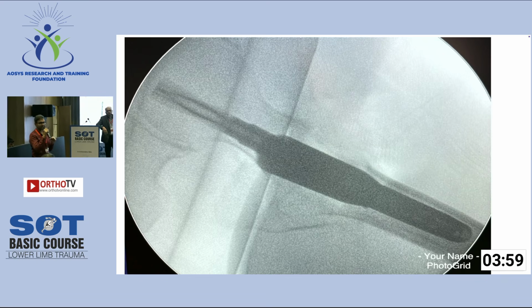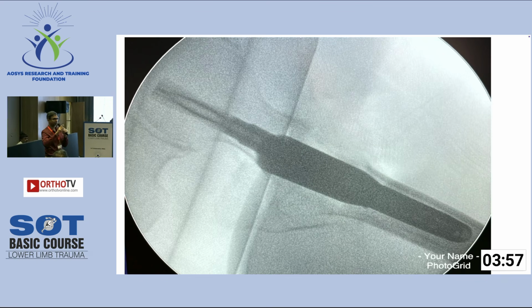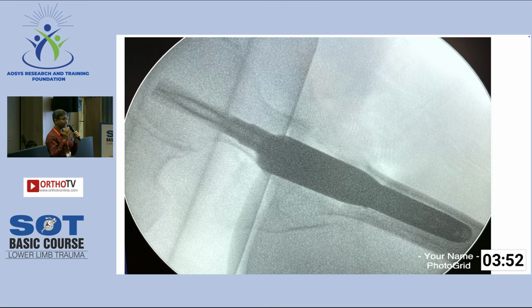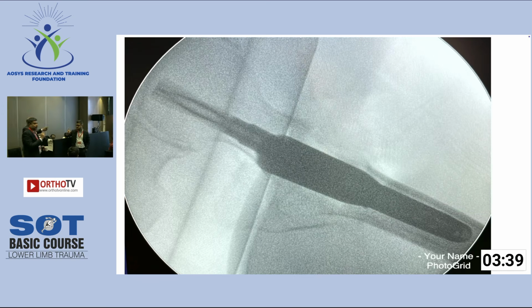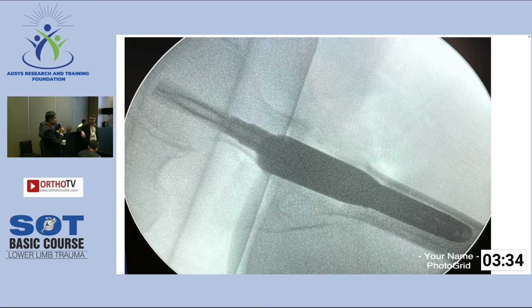The rotational stability also matters. When you are putting the screw, if the fracture is rotationally unstable, like a basicervical, better to put a helical blade because that will not have a rotational torque on the proximal fragment. What Melin is trying to tell is that when you tighten the screws, the reduction can slip. That was the main thing. It slips in case of the blade, right? For your answer, sir, a basicervical fracture can rotate. So it would be better if you put an intertan kind of device where you are holding one